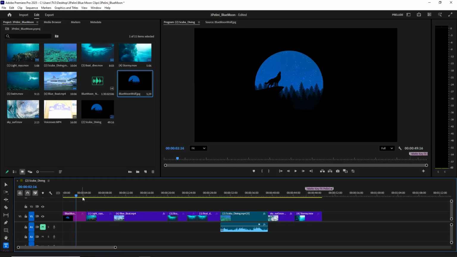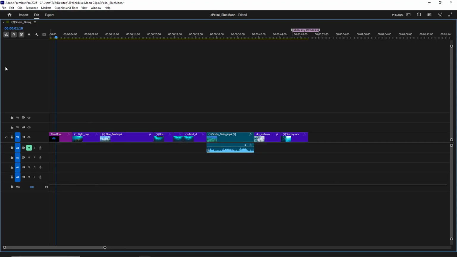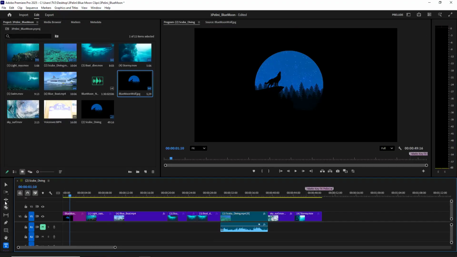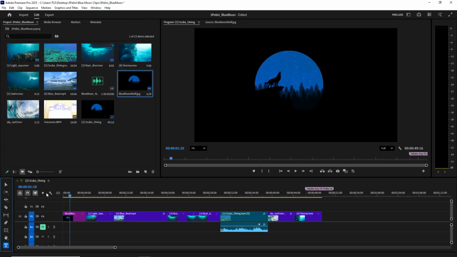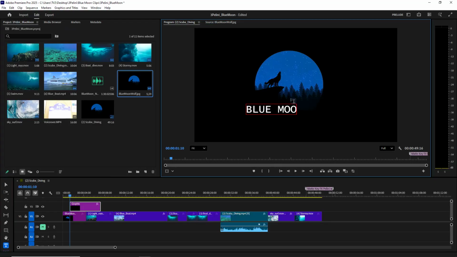Now I want to add the words Blue Moon in front of it. There's a couple of ways to do this. So I'm going to show you what I think is the easy way. So on the easy way, let me zoom in, in your sequence, there's a toolbox right next to the sequence, the timeline. And there's one that says T for text. So T for text there. Here I can zoom. So then it's this T button here. And so I'm going to click on it. I'm going to click on my screen where I want to add the text, and then type the words, Blue